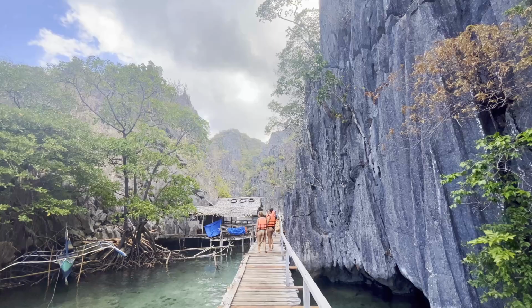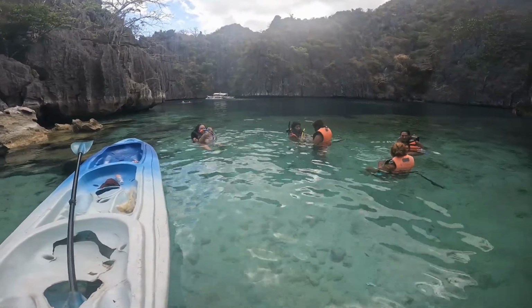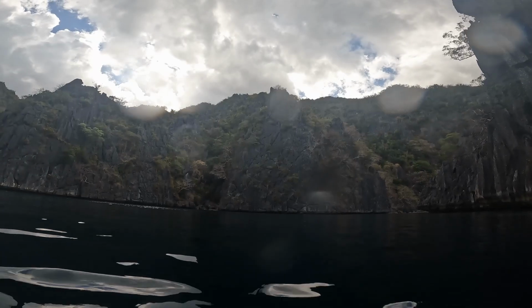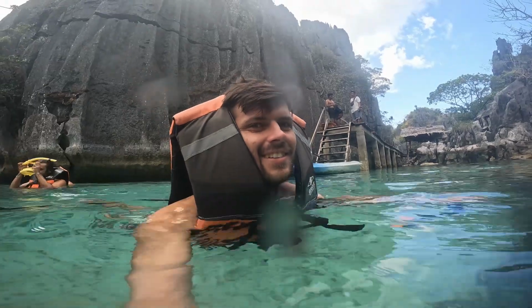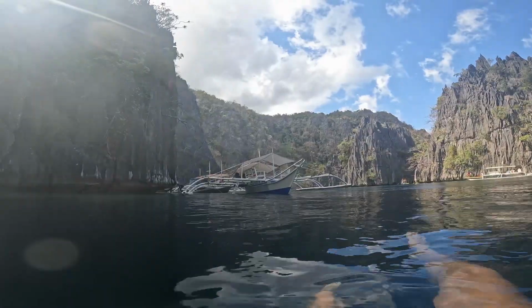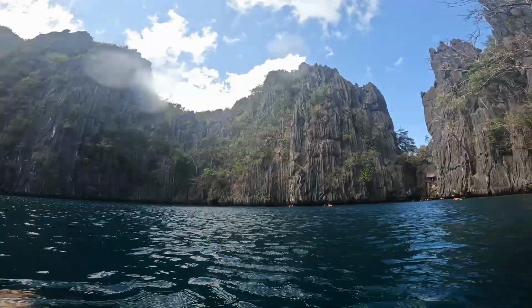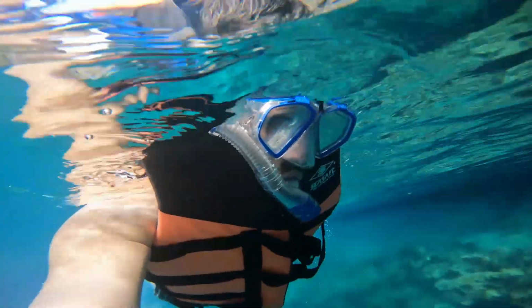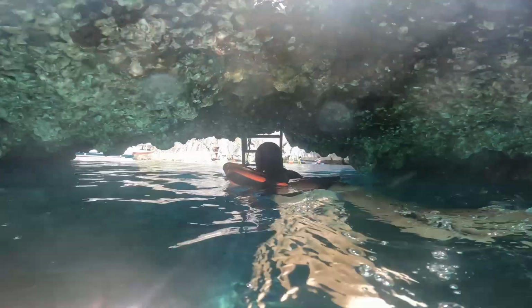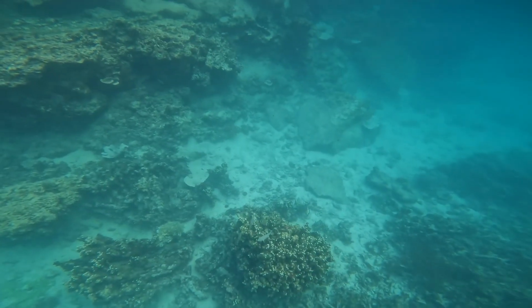Twin Lagoon is one of the most popular spots on Coron Island, but when we arrived it was pretty quiet. It was compulsory to wear life jackets here, and if I'm honest, I don't think mine was the right size. It didn't matter that I looked stupid though, as the scenery around us was breathtaking. The limestone cliffs looked surreal, and it was a unique feeling to be in a lagoon where fresh underground water meets seawater. The passageway between the lagoons was also fun, but be warned, it can only be swam through during